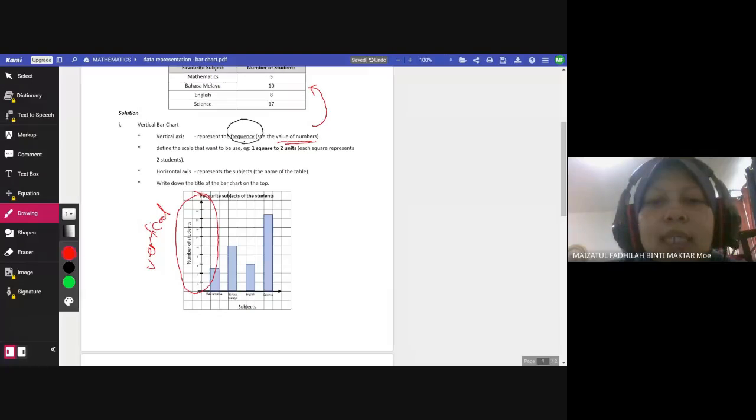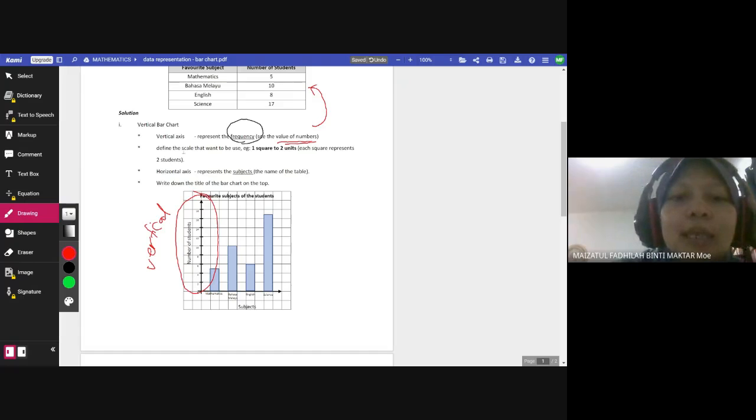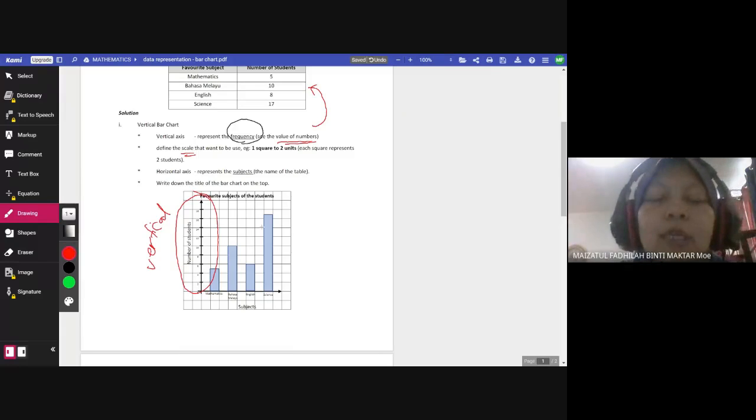You must define the scale before, if the question does not give you information on what units you need to use. If the question asks you to use a certain scale, then you must follow the question. Like this one, we can see the highest number, the maximum, is 70, and the lowest one is